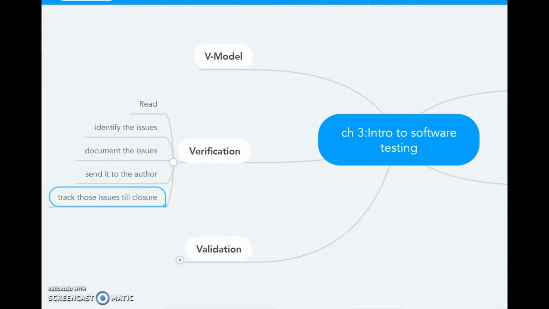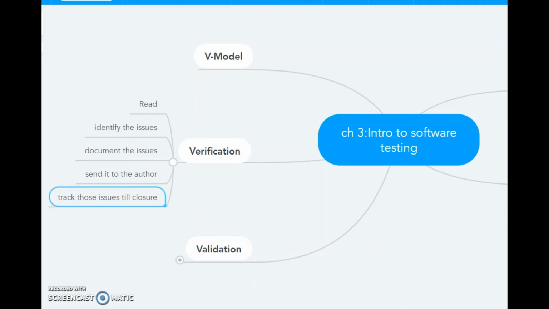Now the next advantage is that a filter is applied at every stage during the software development life cycle to purify the application as it progresses. So you get the requirement, you do verification, whatever issues you identify in the requirement document, you clear it right there. Similarly in design phases, similarly in module design phases, and so on. So you are applying the filter at each and every level.